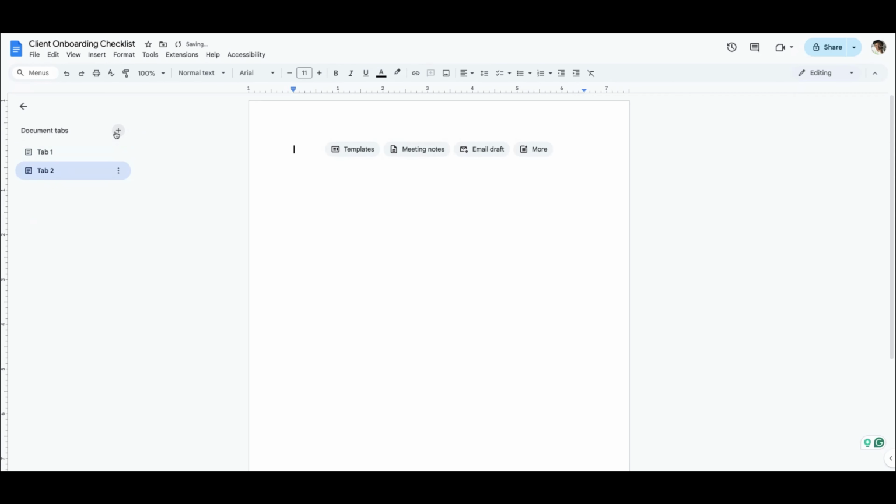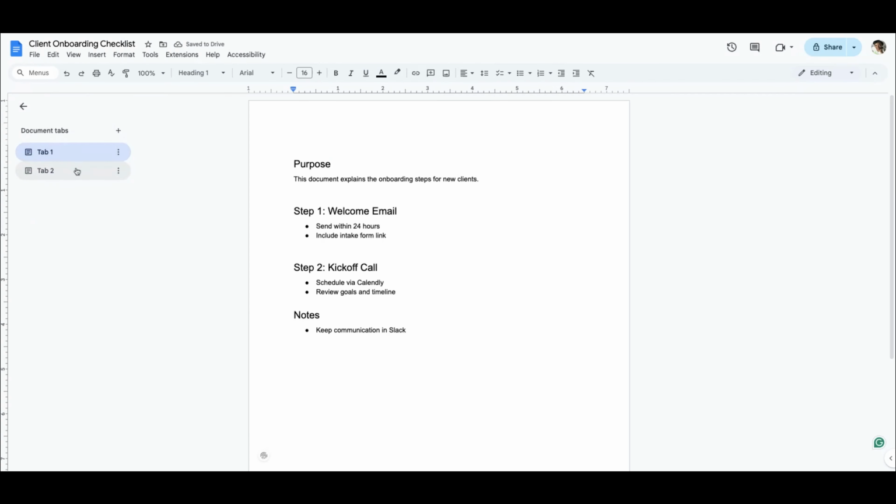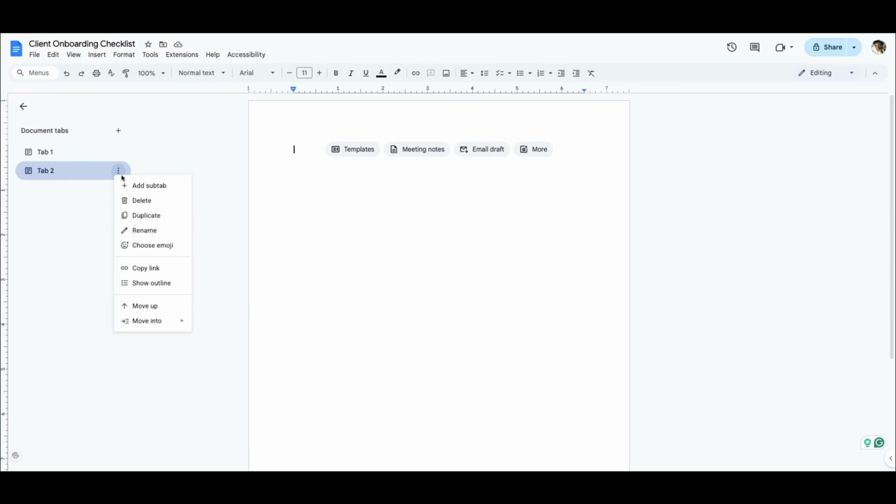Maybe you want to add another tab. Maybe tab 1 is about the purpose. Maybe tab 2 is the steps. You can also rename that here. But really, the goal here is not to have a perfect document. The goal is to, inside the document, keep things simple: short sections, clear headings, easy to scan formatting. It's simple because the goal is that you can open this 6 months from now and immediately